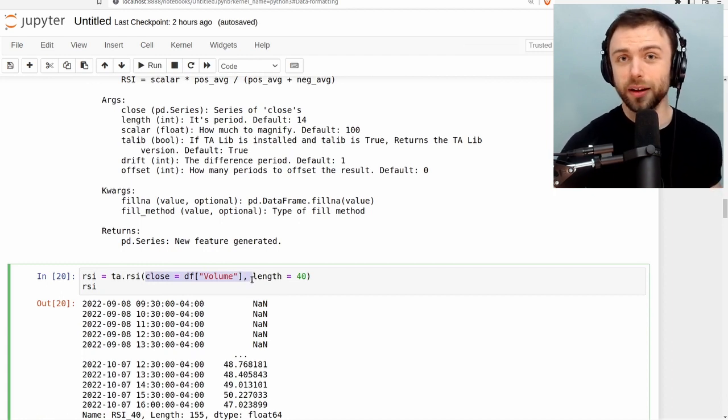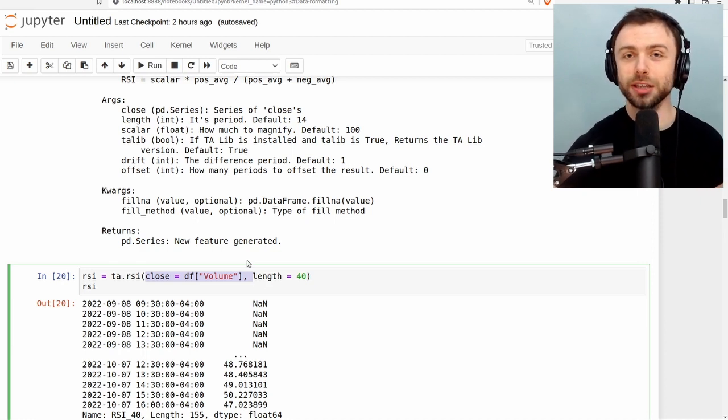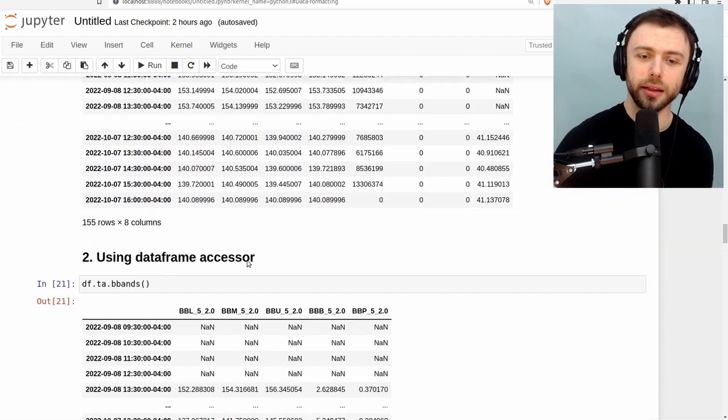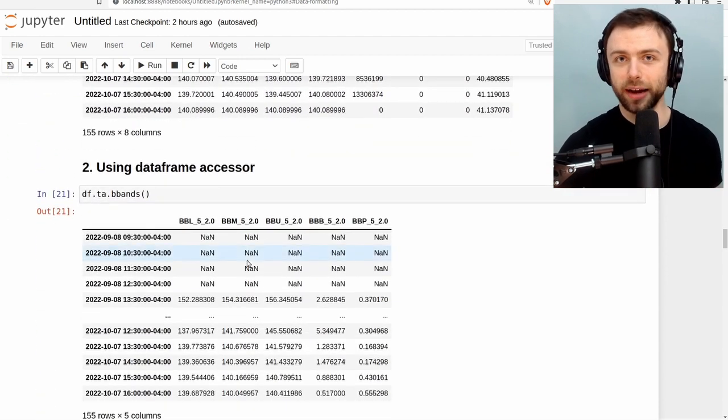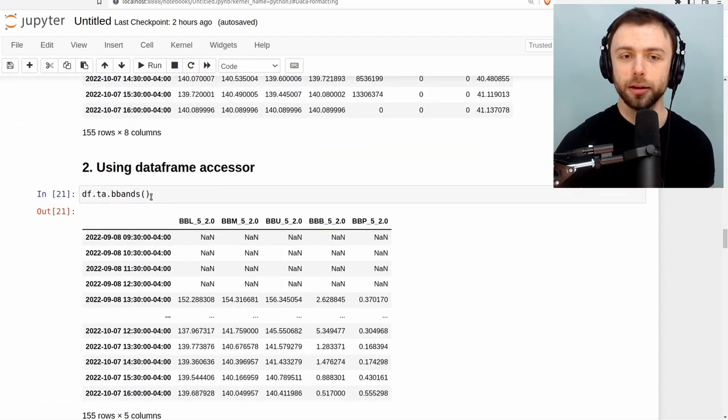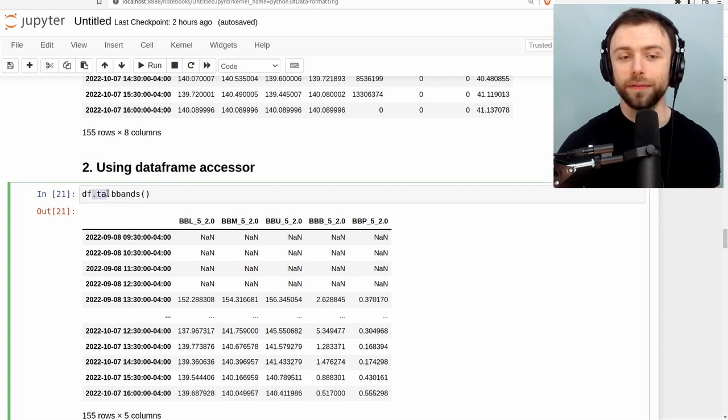You can get very far in Pandas TA just using that. You don't really need much else. But the next two features I'm about to show you can be massive for quality of life. So the next way, and the slightly more abstracted way of using Pandas TA, is to use this data frame